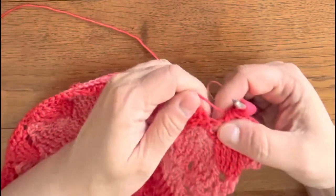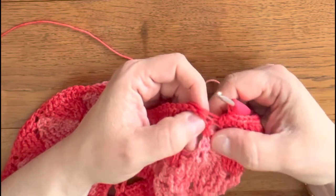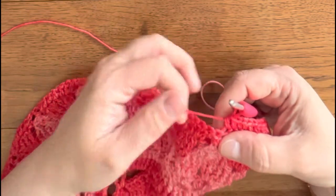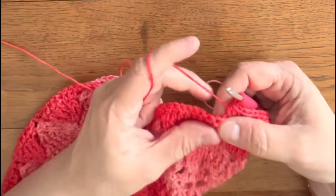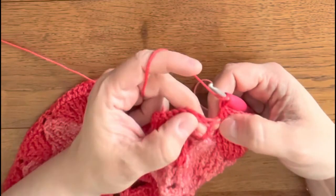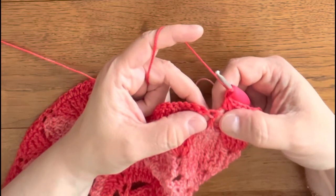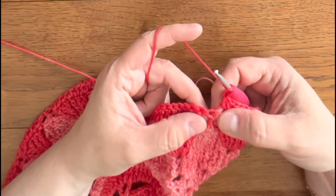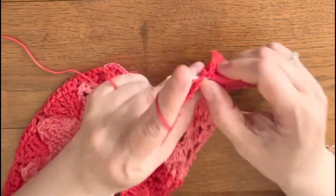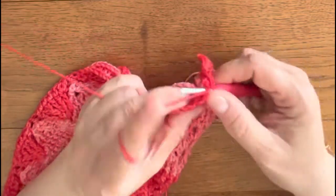then we have here that post stitch with which we picked up the tip of a heart. We're not going to work into that. We are working into right and left of that stitch, into these spaces. So make 1 half double crochet before the stitch and 1 after it,